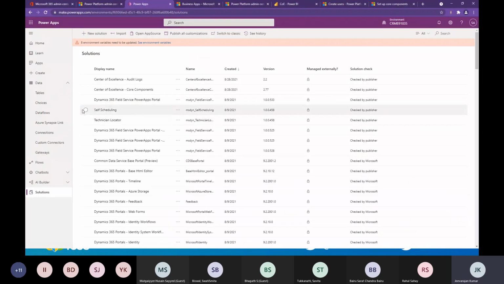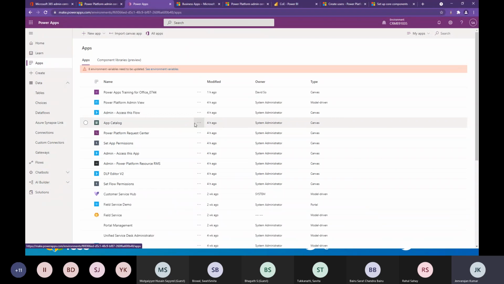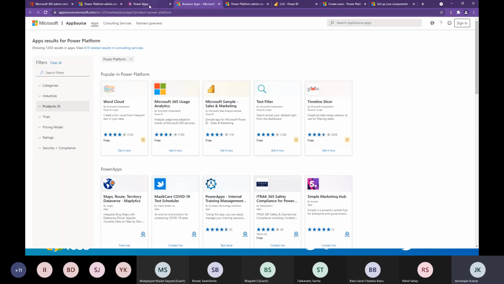Apart from the flow, it also gives me a bunch of apps. So if you see these apps, right? You see all these apps you see here that were installed this morning, right? All these apps were given to me the moment I imported that solution. Okay. So if I open, you can see all of them are Canvas apps, except this model-driven app, right? So that's why I'm talking about model-driven app and Canvas. If I open this model-driven app, it's going to take me